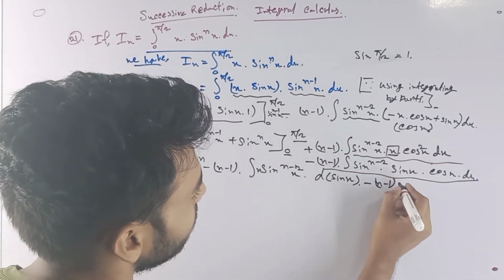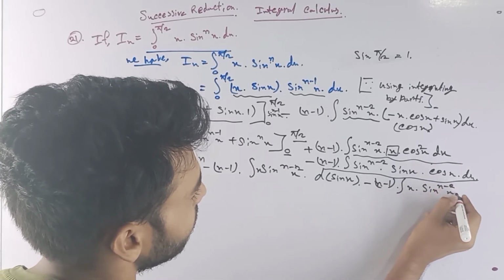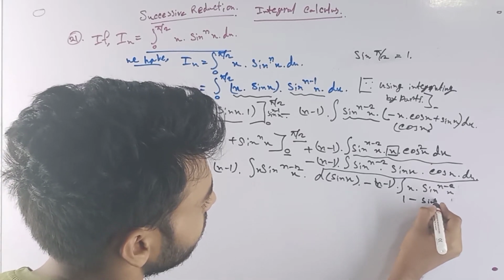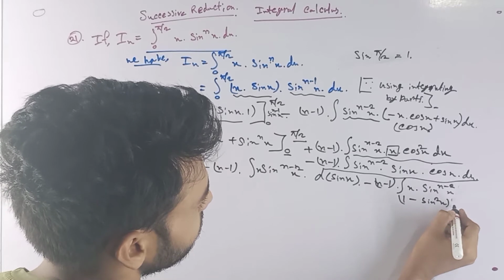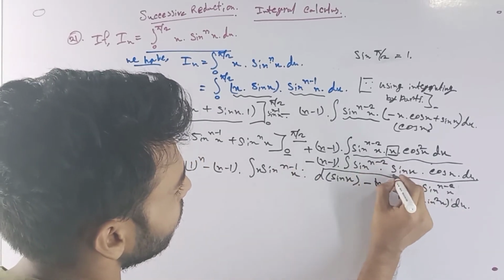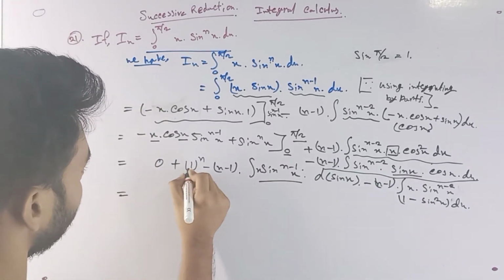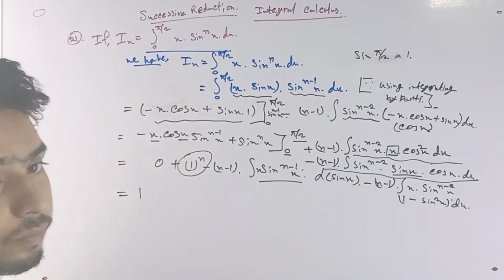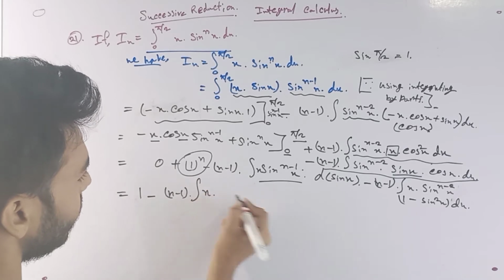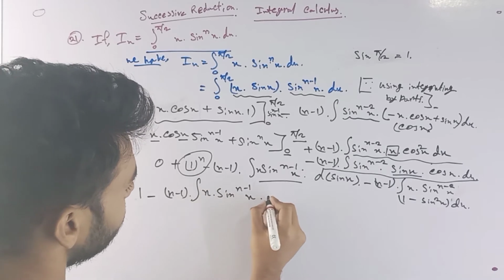Therefore the second function is also the integration of x times sin to the power n minus 2 of x times 1 minus sin squared x dx, as well as cos squared x. We also write it as 1 minus sin squared x, and now sin to the power n minus 1 of x, so that equals 1 also. Here 1 to the power of something equals 1, and minus n minus 1 times x into sin to the power n minus 1 of x